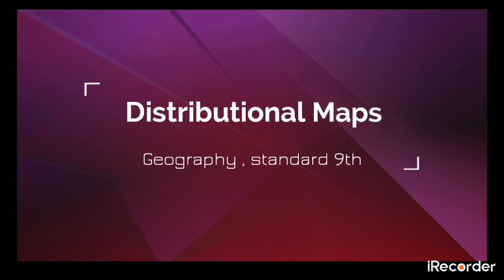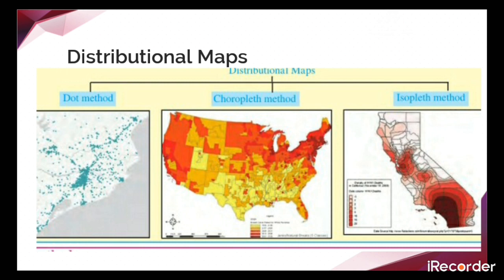Now we know the main aim of a map. What is the aim of a map? Why do we study maps? The main aim of a map is to show the location of a place and the geographical distribution of varieties. The maps that are prepared with spatial themes are called thematic maps. So it has various themes.